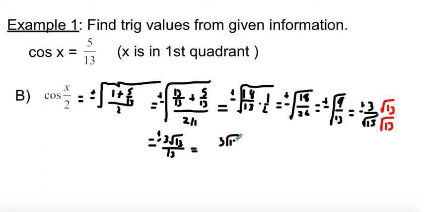So if you're in the first quadrant, and then you take half of the angle, so let's say 60 degrees, and you take half of that angle, what angle do you have? You've got a 30-degree angle, and which quadrant is it in? It's in the first quadrant. So it's a positive value here. So I kind of want to walk you through that. If you have the half angle there, and it's in quadrant 1,